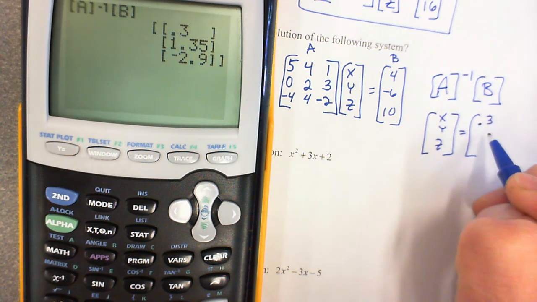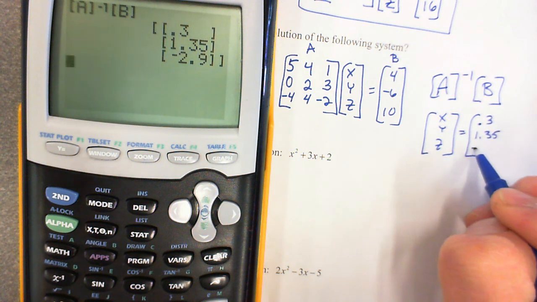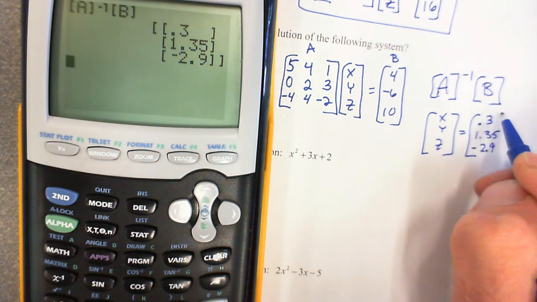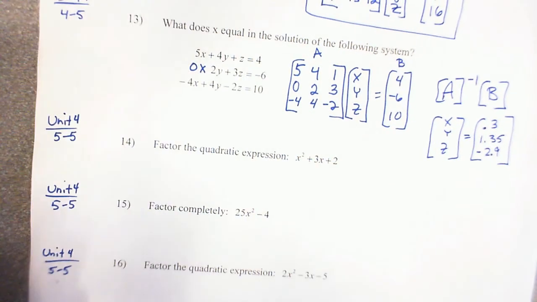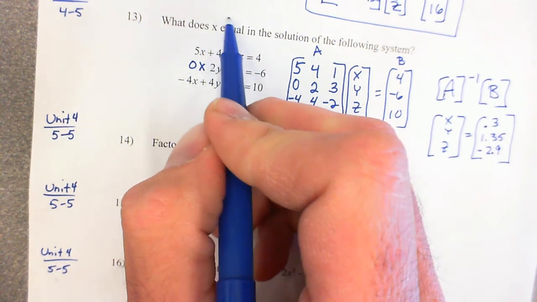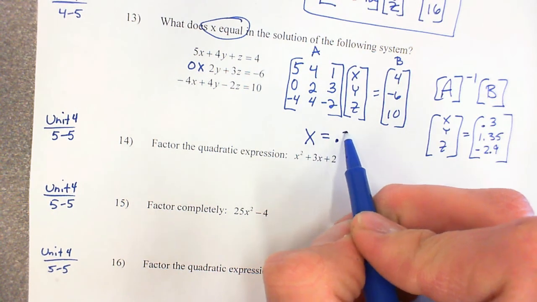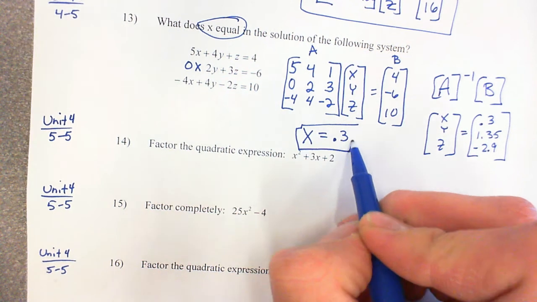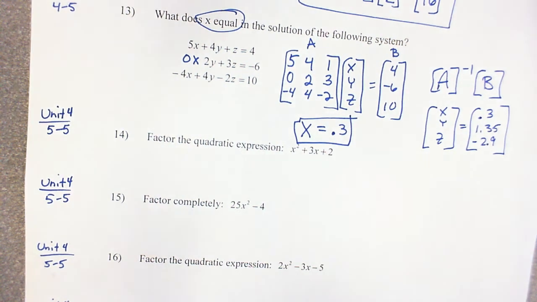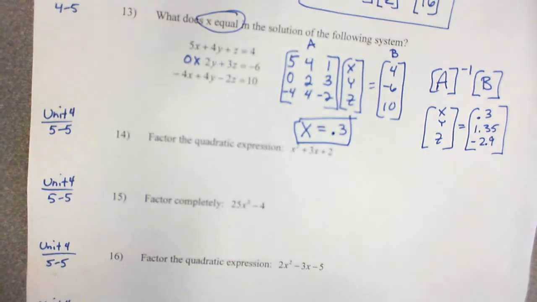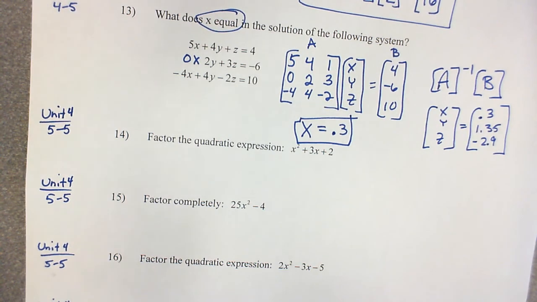So here x is 0.3, y is 1.35, and z is -2.9. So what did they actually ask us? It says, what does x equal? So here your final answer, x equals 0.3. Okay? So those are the solving systems from